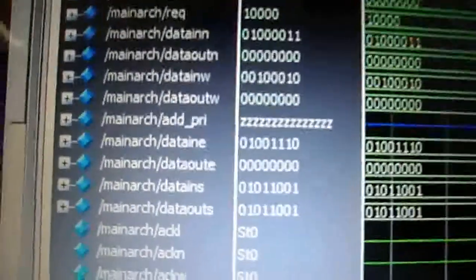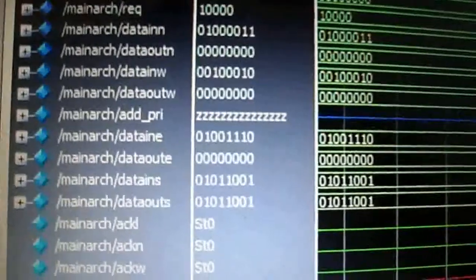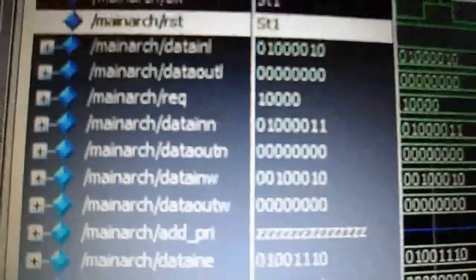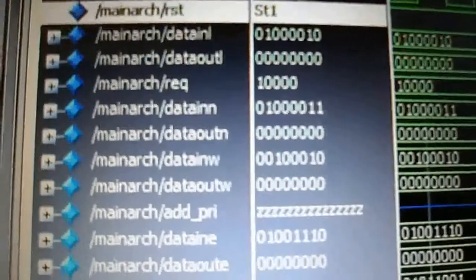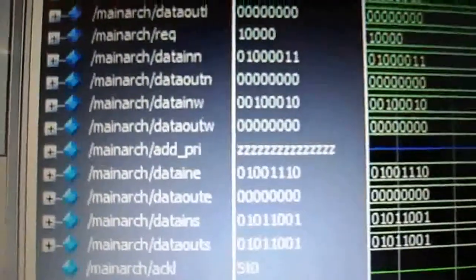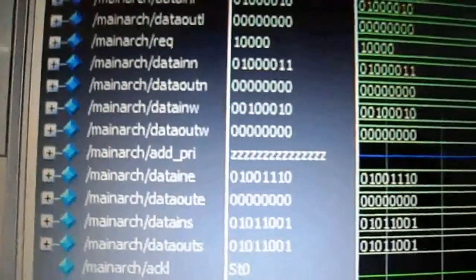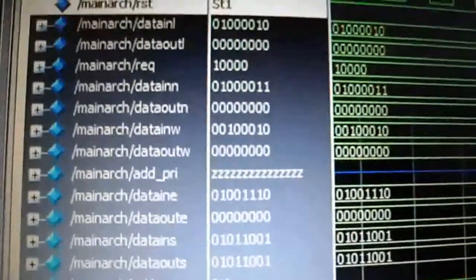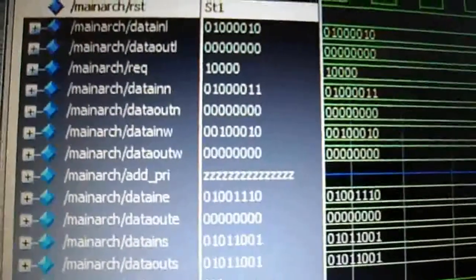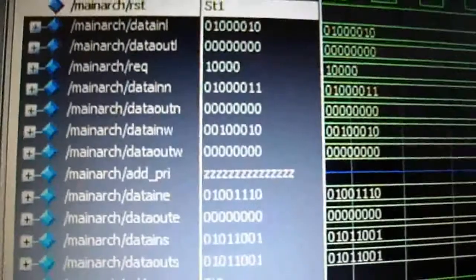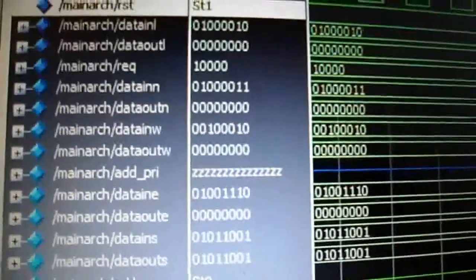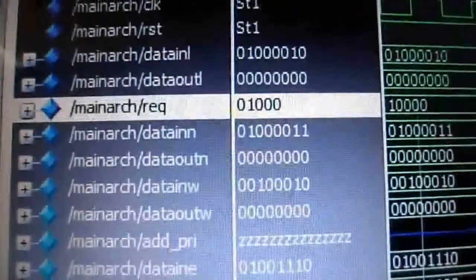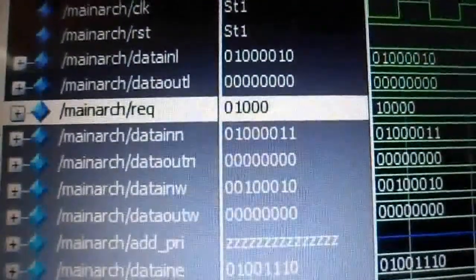But in the south port we have the same input and the same output, because the request we have selected is 1000, which is the request line of the south port, so that only the output will be displayed in the south port. If we change the request bit, then we can obtain the output in north port, west port, east port and local port. Now I changed the request value as 01100,